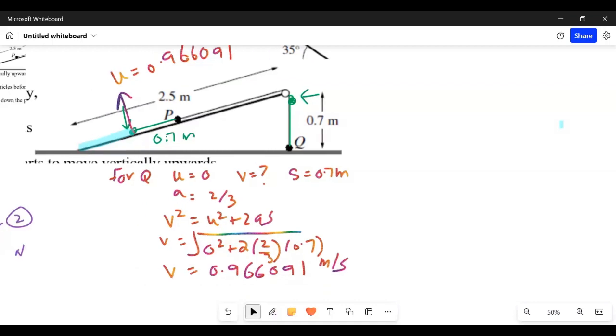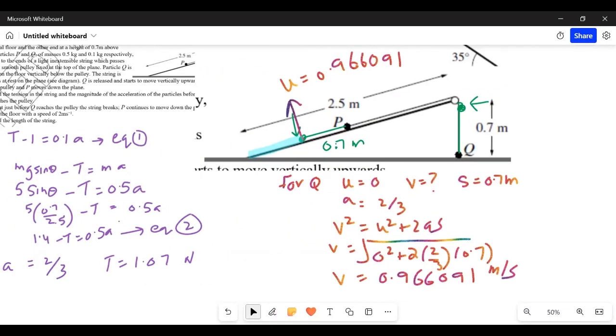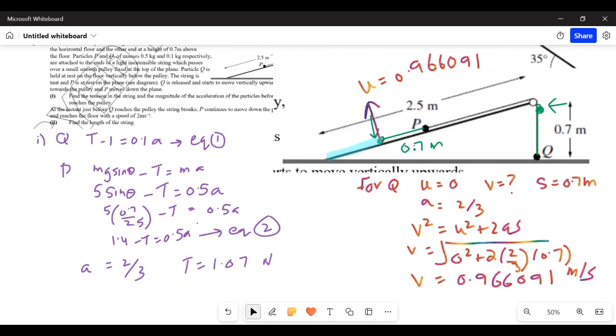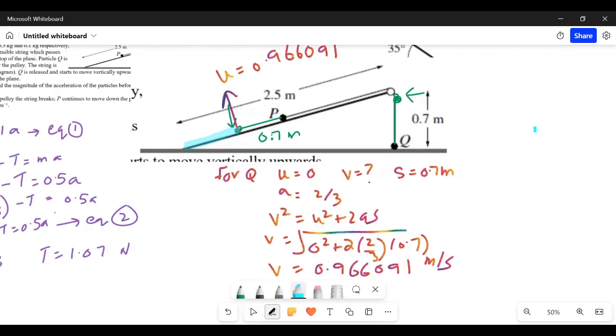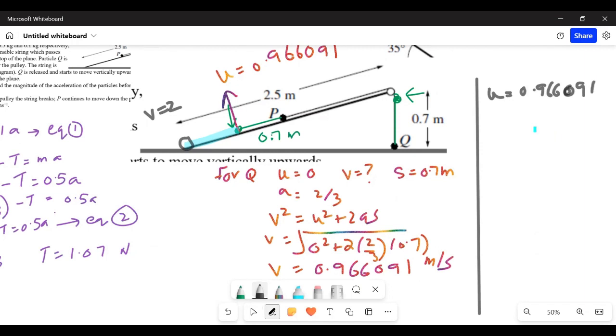Okay. What do we know about this part of the journey? We're told that the speed of P when it reaches the ground is 2. So the final speed here is going to be 2. Let's call it V equals 2. So for the blue part of the journey, we know U is 0.966091. We know V is 2. Okay. Now the acceleration is not going to be the same acceleration anymore, because when P